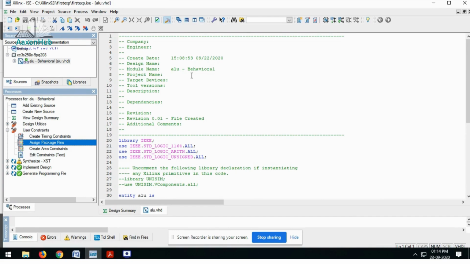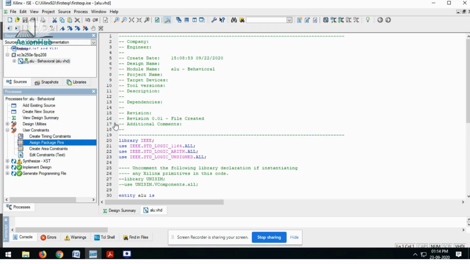After the successful test bench generation and simulation waveform, we have checked it. Now the same ALU code we have to import on hardware. For that purpose we need to assign the pin package for your VLSI.